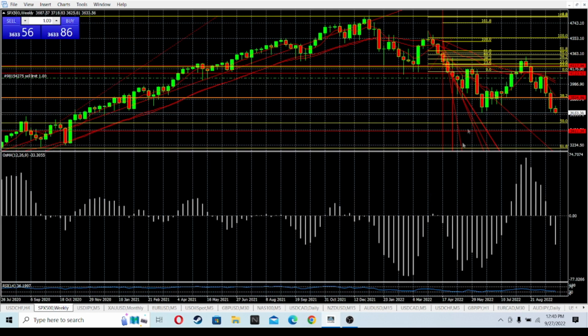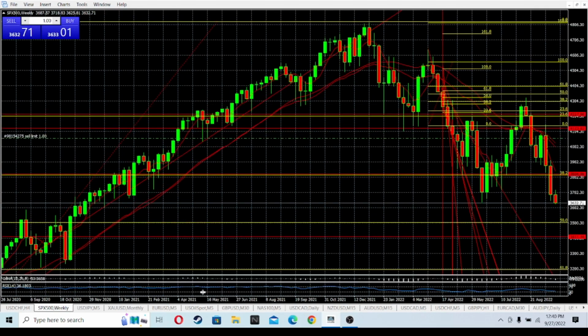Why don't we look at the weekly chart? That's right. The weekly chart on the S&P 500. Now, this is a good indication of where our risk off is going to go if indeed we break down, or if we're looking for a trade to swing, to hold, whatever it may be. This does warrant a view if you are trading Forex. You don't have to do it. I mean, you could just simply go by the Forex charts, but I do like to go a step further.